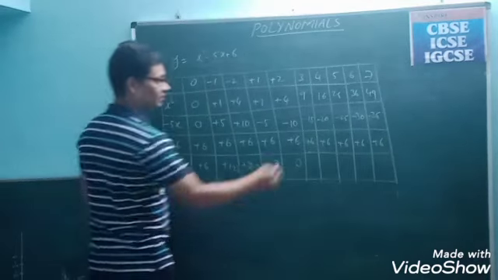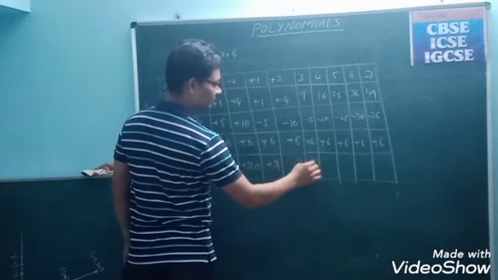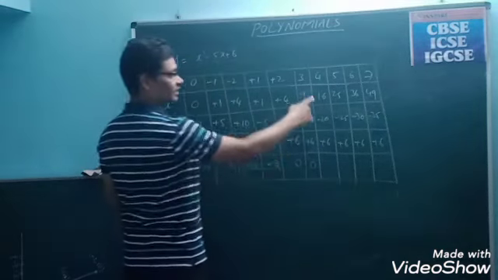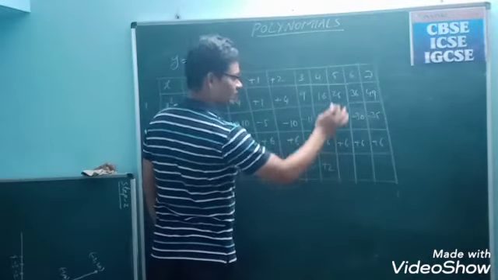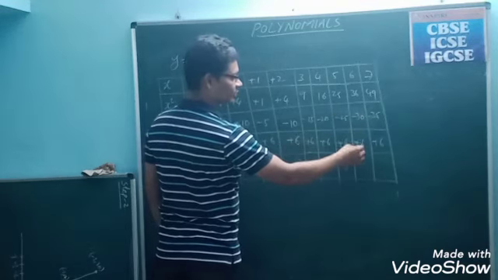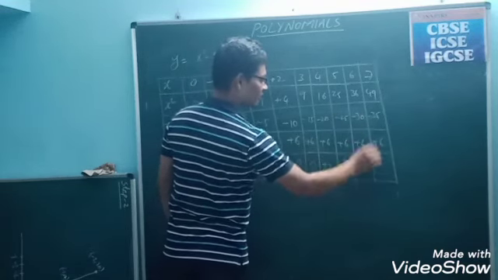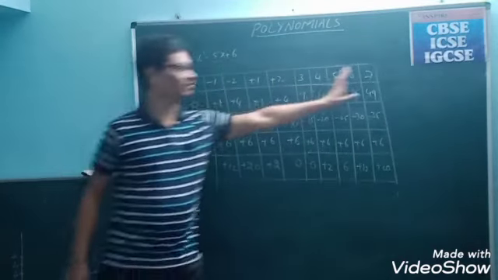So the y values, now just add this: 3, 9 plus 6 is 15, 15... 16 minus 6 is 22... 22 minus 20 plus 2... 25 gets cancelled, plus 6, 36 plus 6, 42, it is plus 12 and it is plus 20. So why have I taken these many values?